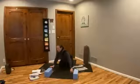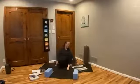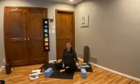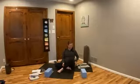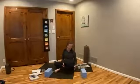And then gently push yourself up to your seat. And we're gonna come all the way to sitting bones. And we'll do one more hip stretch here. So our pigeon variation, I don't very often come into full pigeon pose because that's a tough one on the knees. So our left hip, just kidding, our right hip comes right up to the edge of your mat, right